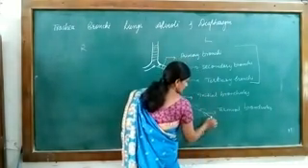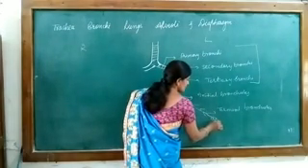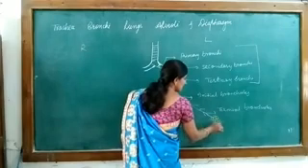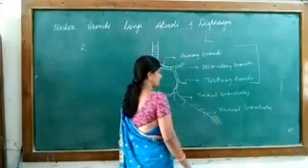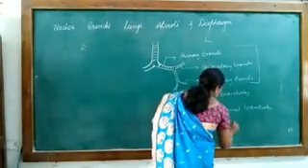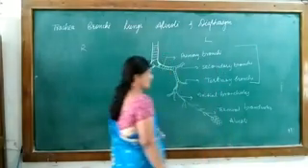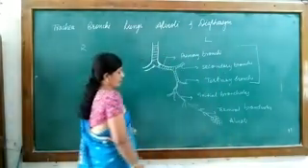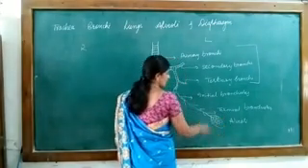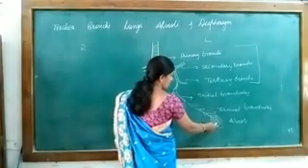At last, the structure which is present here looks like a bunch of grapes. Bunch of grapes. This is called the alveoli. These are air spaces. Alveoli are the actual site of gas exchange. Gas exchange takes place at the alveolar level.